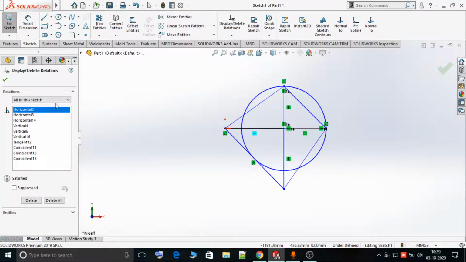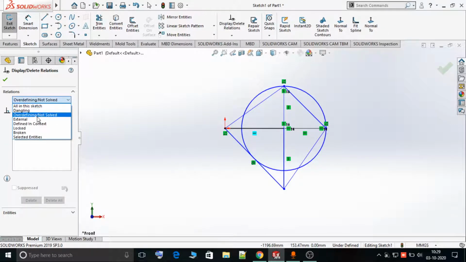Now if you select this option, that is display and delete relationships, you can see all the relations inside the sketch. Now you can see dangling relationships, overdefined, not solved relationships, external relationships, and relationships defined in context. Then there are locked relationships, broken relationships and selected entities.